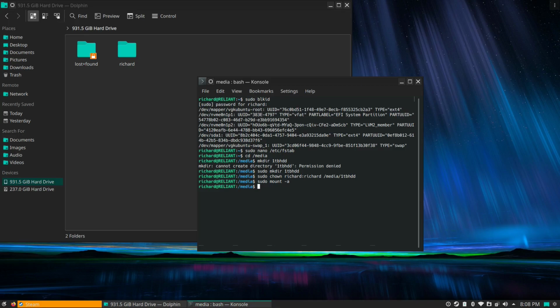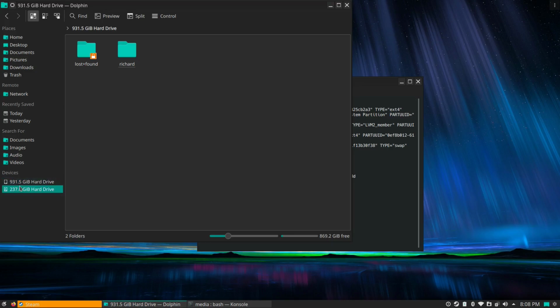If I did sudo mount -a and reloaded my file systems, it would really cause me some heartaches, because if I had an error and I didn't fix it, when I rebooted, my computer would not boot. So now if I come back here, you can see now